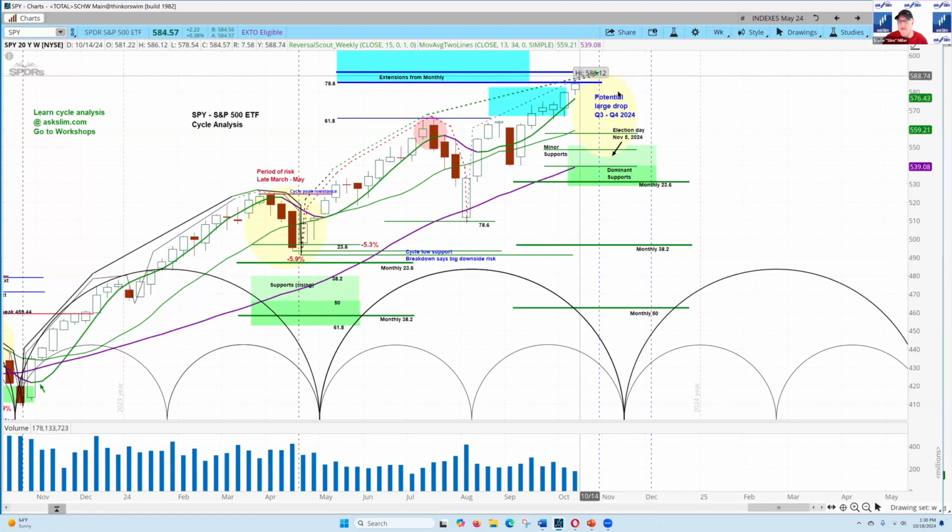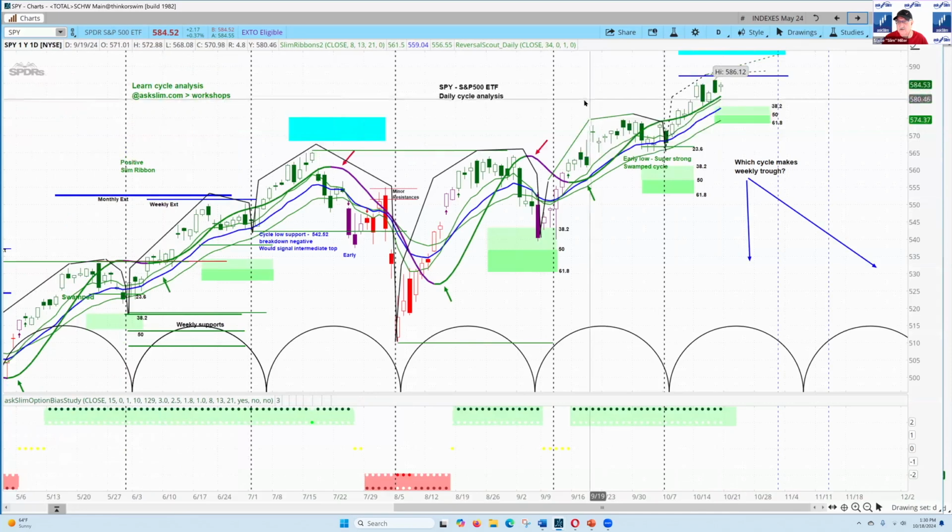But in the meantime, this looks like a pullback in here. We'll call it maybe 6 to 10%. And then another move to new highs over there. That's your intermediate term outlook looking at that. I'm getting more coming in on the Q&A that says leave those downside projections in there. That completes the cycle. So that's interesting.